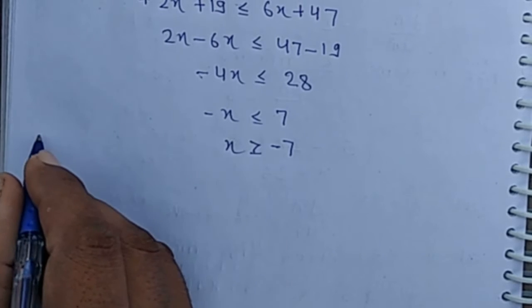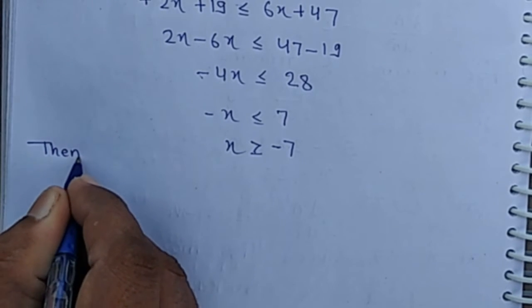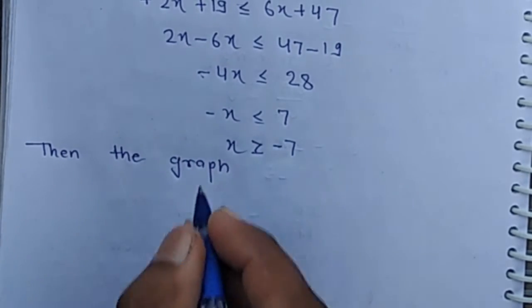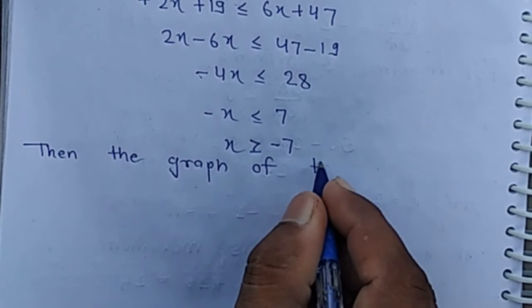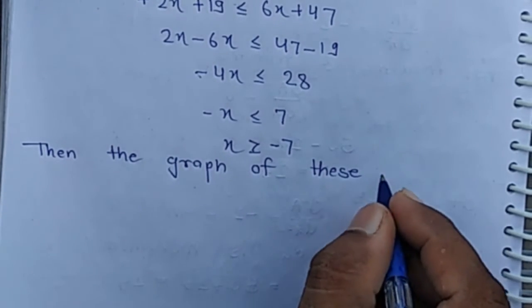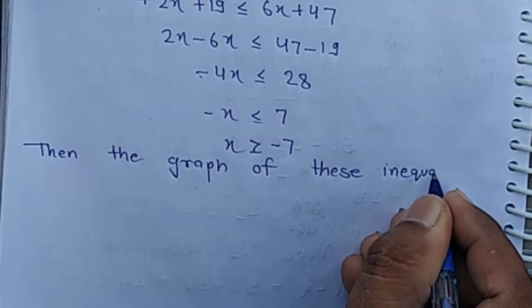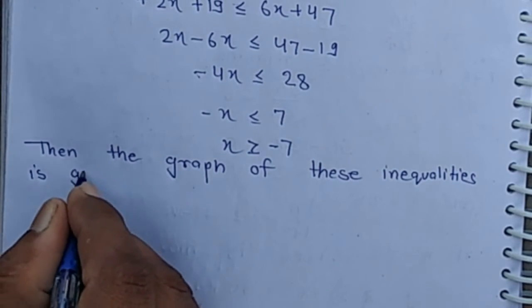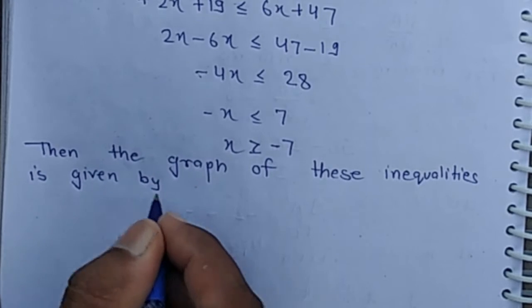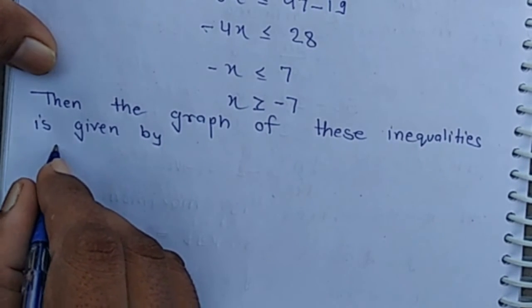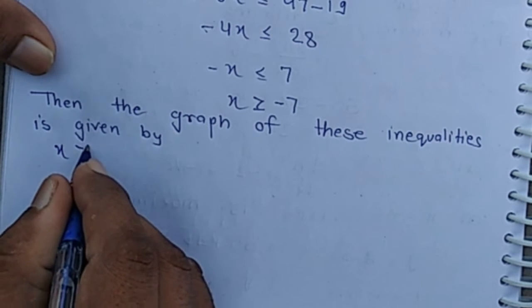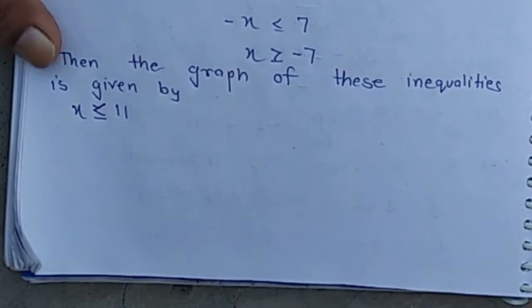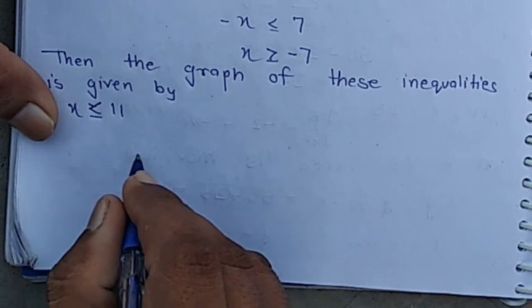Then the graph of these inequalities is given by the following. First is x is less than or equal to 11. On number line we have,